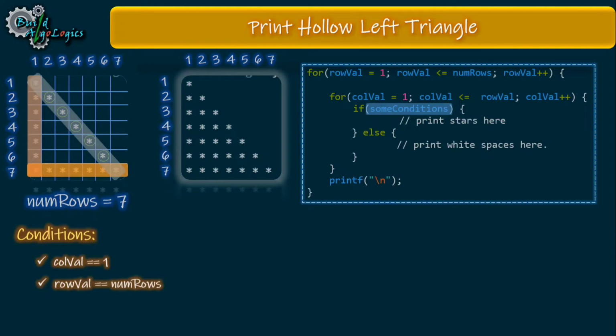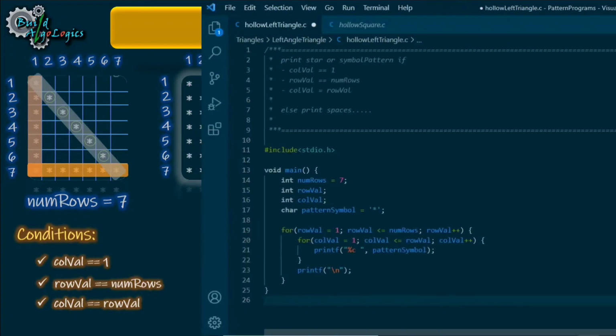Here by looking at these corresponding values, we can say that we print a star when the value of colVal is the same as the value of rowVal. As you can see here, a star is printed when rowVal is 1 and also the corresponding value of colVal is 1. Similarly, when rowVal is 2, colVal is also 2, and when rowVal is 3, colVal is also 3, and so on. So our last condition will look something like this. And yeah, these 3 conditions are sufficient to print our hollow triangle pattern. Let's give it a try.